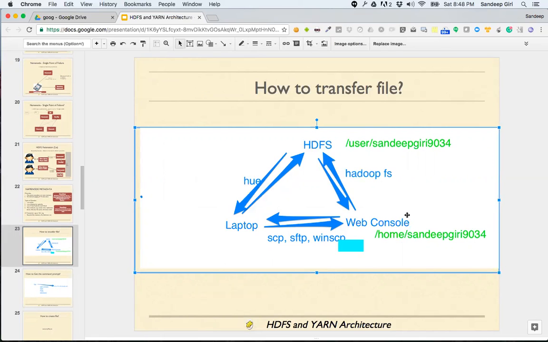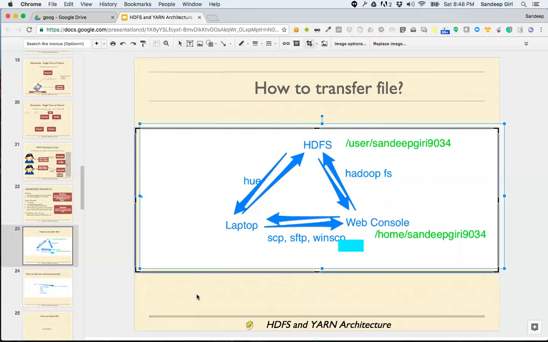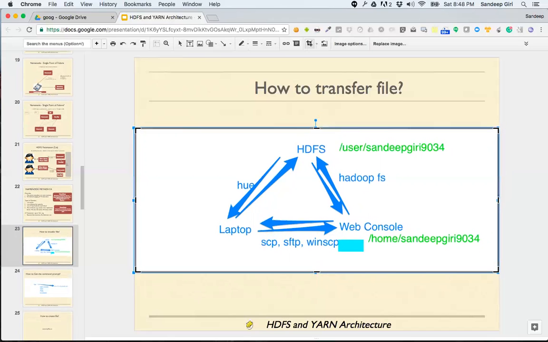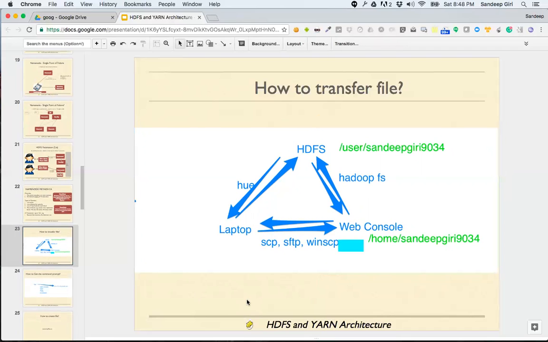For me, the web console is E. For you, the web console could be F, and for somebody else, it could be G.